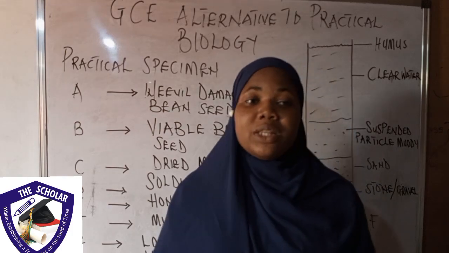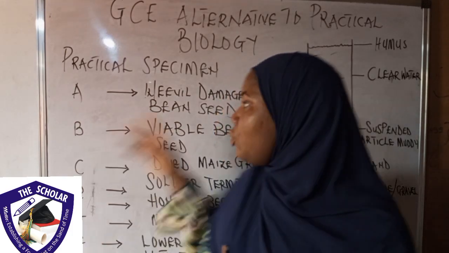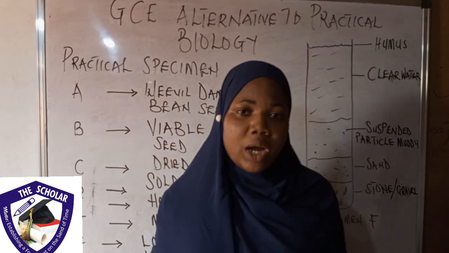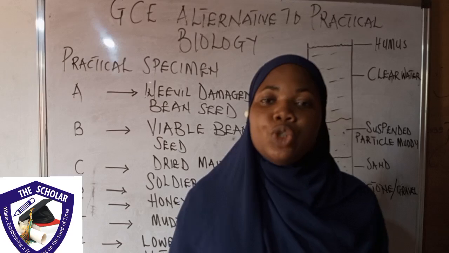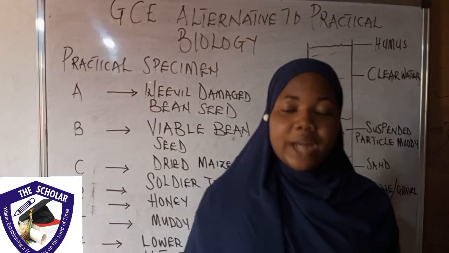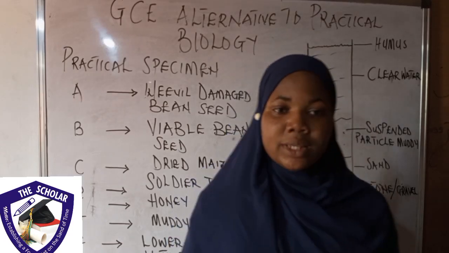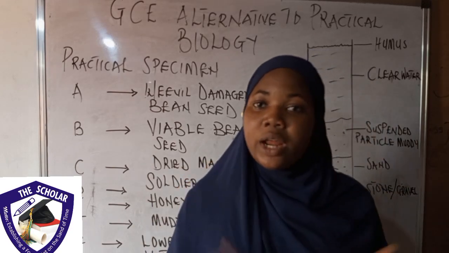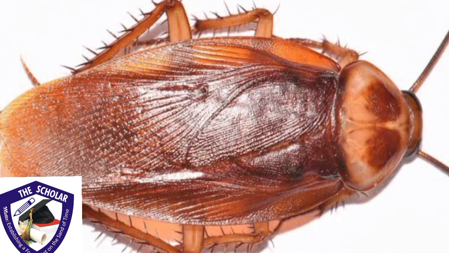Moving forward, you'll be asked to classify under the phylum. Which phylum does this weevil belong to? It belongs to the phylum Arthropoda. Why? Because it has jointed appendages, and it also has legs. Other organisms that belong to the phylum Arthropoda include the cockroach, because they also have